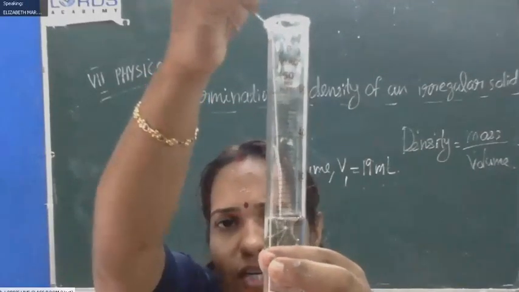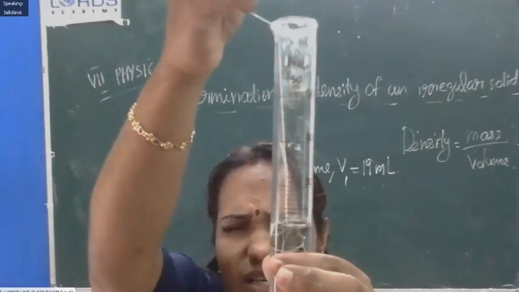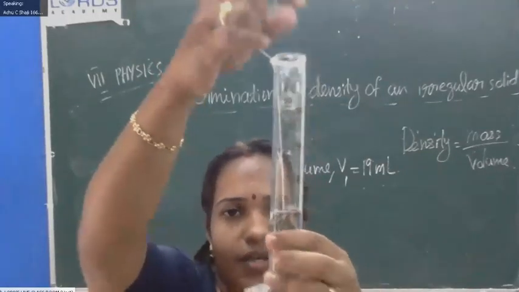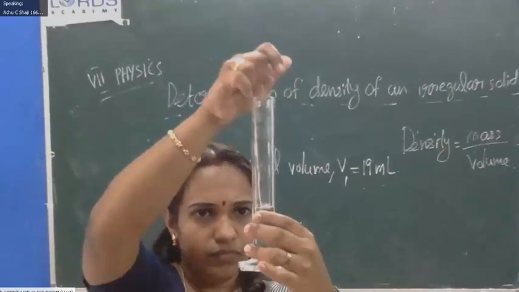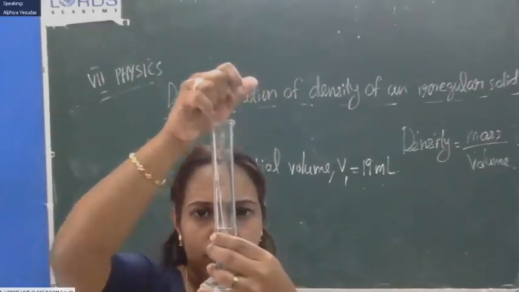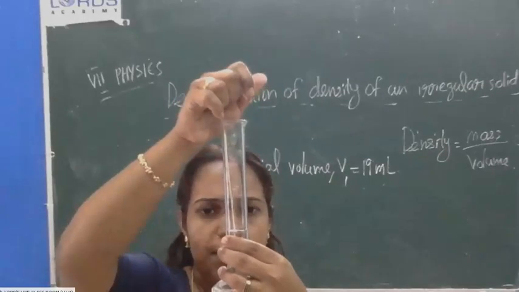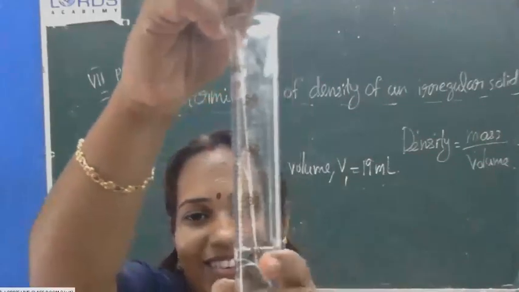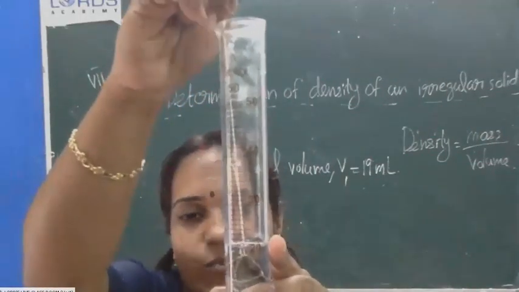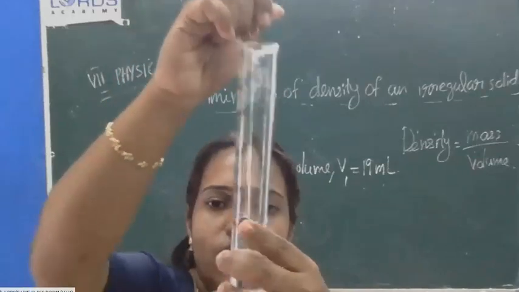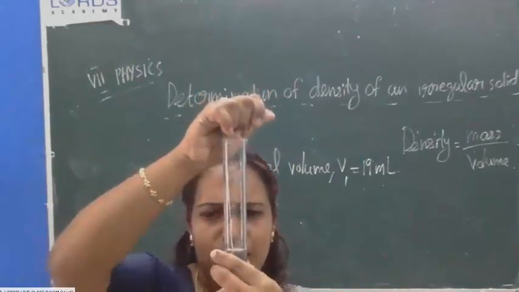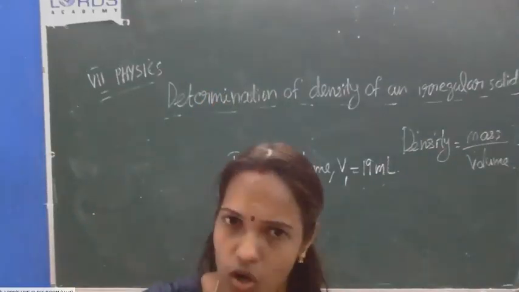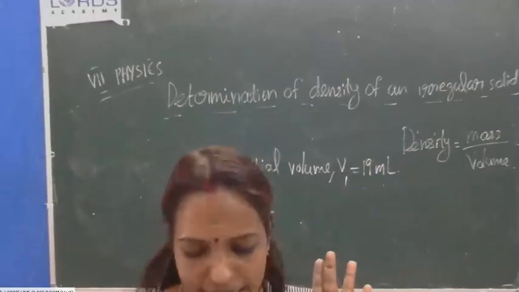Now what is the volume of water? 20 ml. For me it is 21. Me also 21. Why are there different answers? It's correct, when I keep it straight, it's 21. So all of you have no doubt that there is an increase in the level of water.